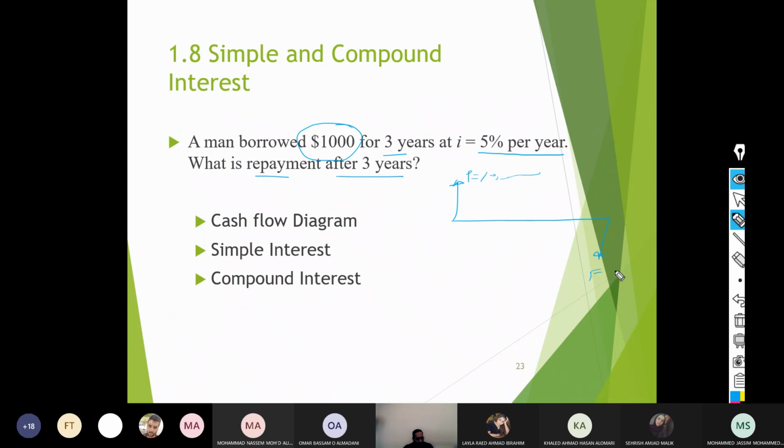So in this case, my F is unknown. And very important, always on top, I'm going to put what I'm trying to affect. And this is 0 and this is 3. This is here 1, 2, and 3. So this is done. Now he's saying, can you do it simple interest just to make sure the student understands